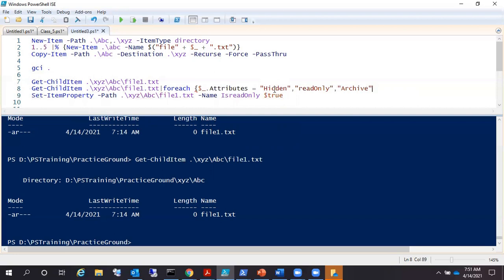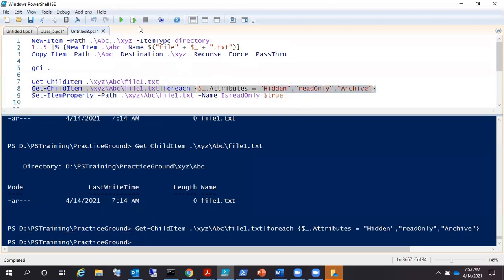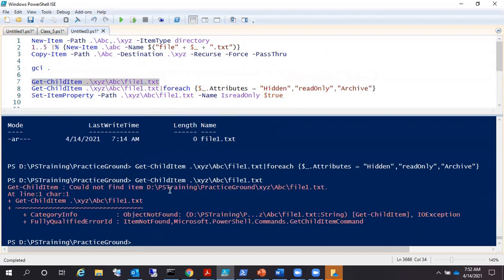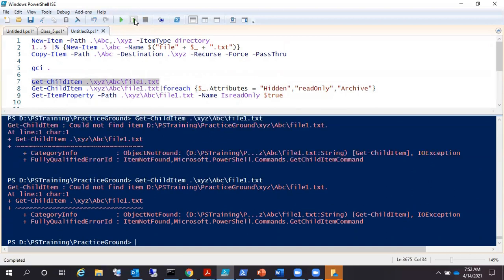And bracket close. So in this way, I am setting the attributes of this file. This should be the attributes of this file after the change. So if I run this command and try to list the file again, can you see why I'm getting this error?